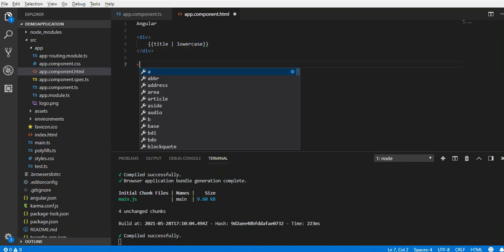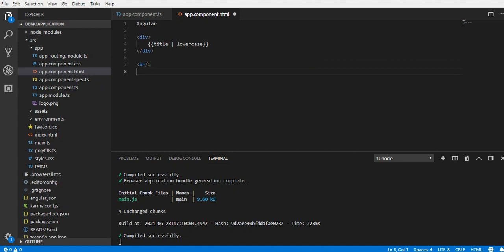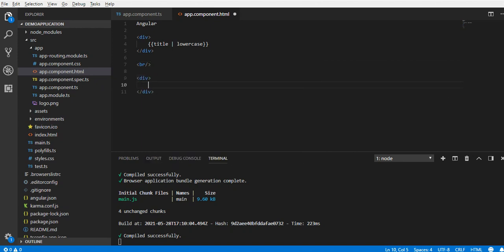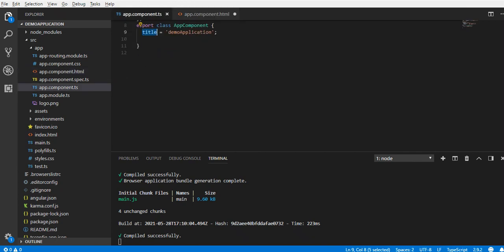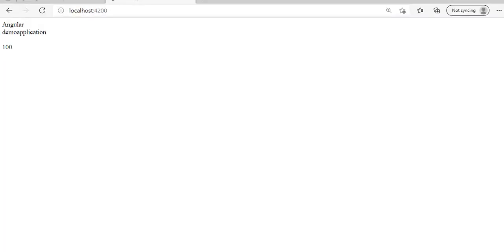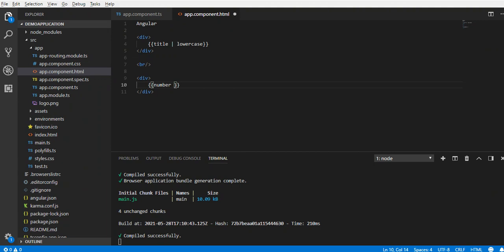Let's take the other example, a currency. Let's take another div, and inside here I'll mention some number that I'll bring from the TS file. Let's take 100 and bind it here using interpolation in the same way. Let's see the result. Straight away it shows 100. Let's add the rupees symbol, the symbol of Indian rupees.